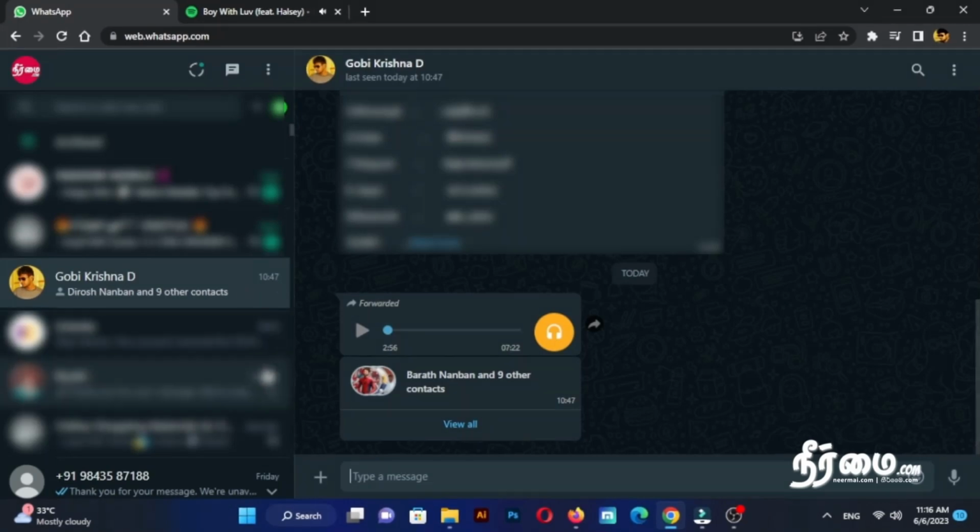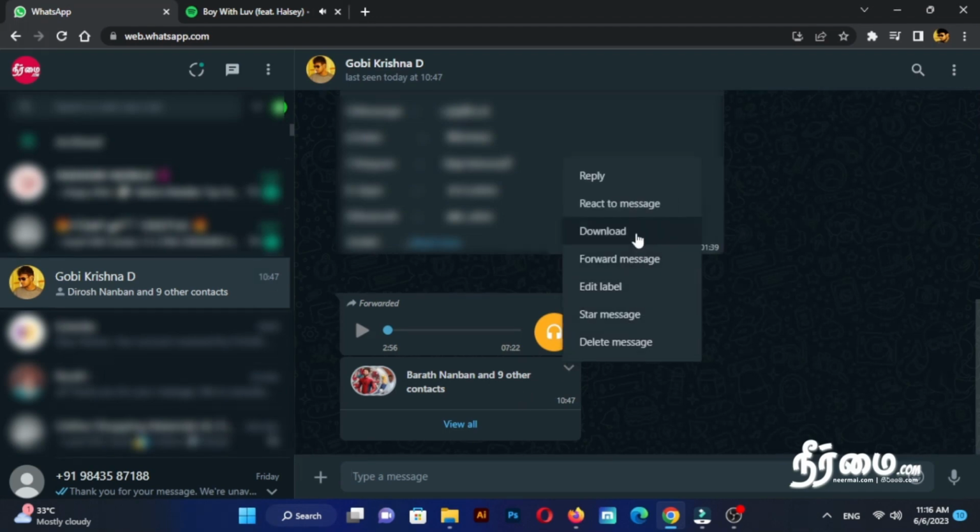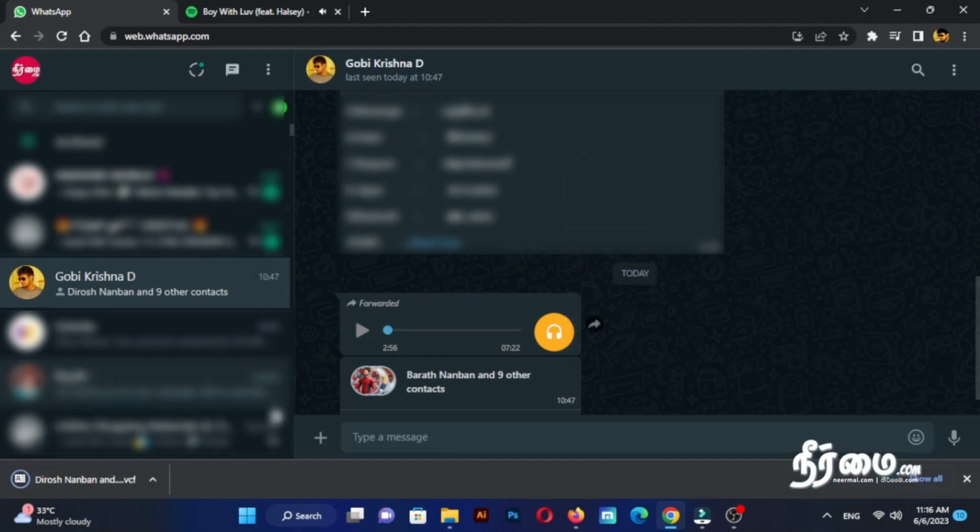The first step is to open WhatsApp on your phone. After logging in, save the bulk contacts you received by clicking on the relevant option within WhatsApp. This will ensure that the contacts are saved on your PC. Once you've opened WhatsApp on your PC, use your phone to scan the QR code displayed on the screen. This will log you into your WhatsApp account on your PC.